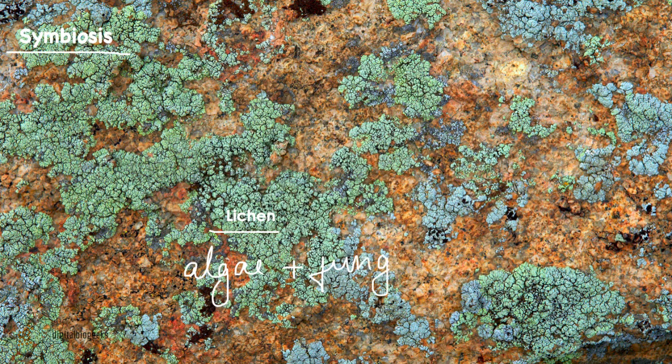Lichens are a symbiotic relationship between algae and fungus. We already learned that algae are green in color, they have chlorophyll and they can synthesize their own carbohydrates. These carbohydrates are used by the fungus as well. In return for this favor, the fungus provide shelter, water and minerals to the algae.